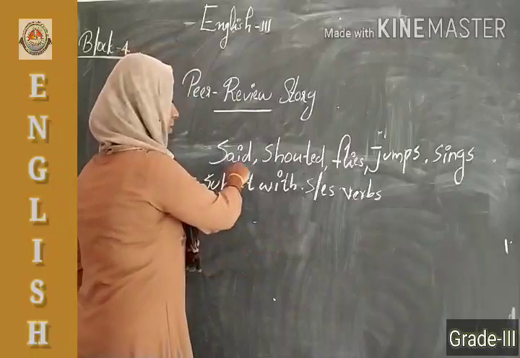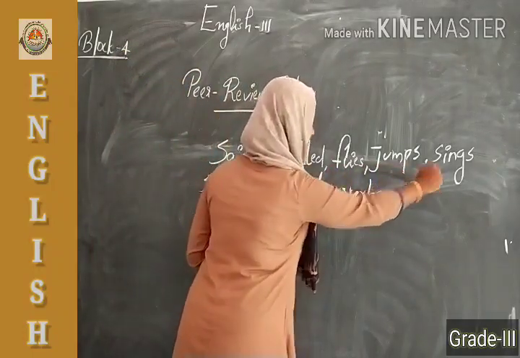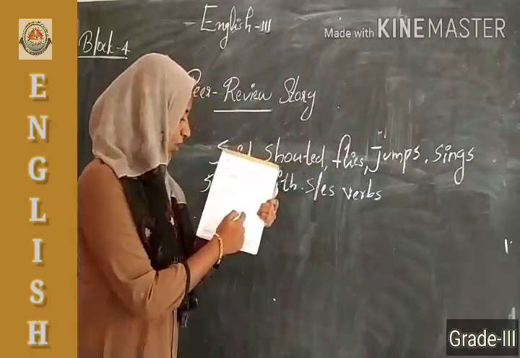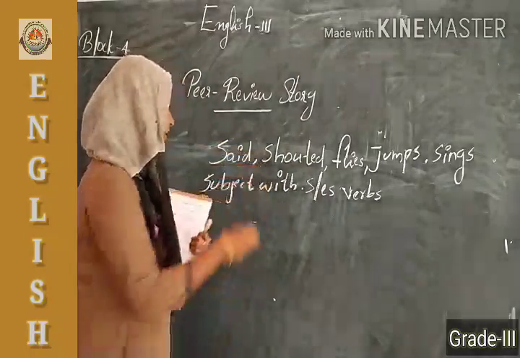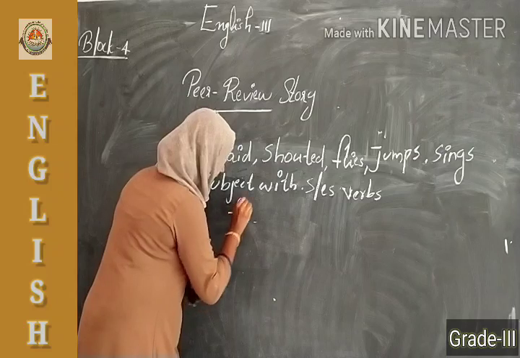Look here, I already wrote the verbs: said, shouted, flies, jumps and sings. Okay. Here the subject with yes or es. You can see the fourth column, isn't it? So here I used the verbs with es: flies,